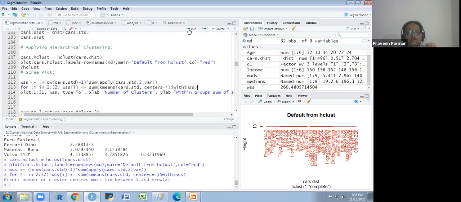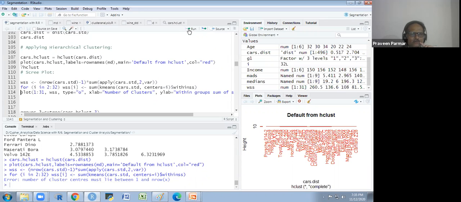And error in the cluster lies between 1 and n row. So 1 and n row, we have taken here 32.